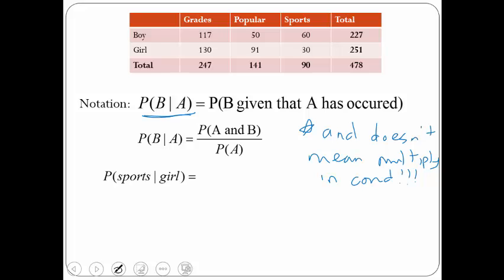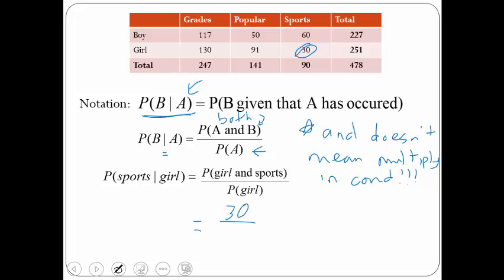So here, for example, sports, given that it's a girl. So we need the probability of sports and girl over the probability of girl. Notice that the second part of the conditional is always what goes into the denominator, right? I kind of almost pretend like that's a division symbol for just a minute. So it's a probability of both, right? Another way to think about this at the top, the probability of both divided by the probability of the second one. So probability of sports and girl. So we go in here, here's sports and girl. That would be, there are 30 of those over the probability of a girl. Well, that's out of the 251. So 30 out of 251, which I wrote right over the top of where it goes, but